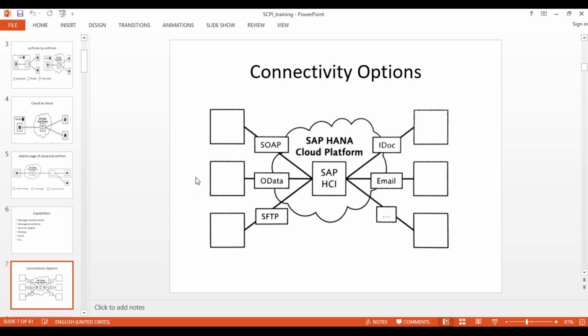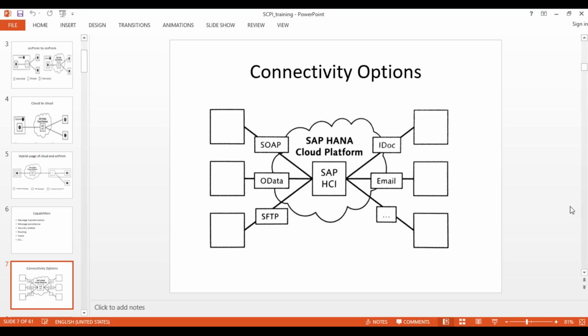And someone asked what type of system communication will be used. If you look at this slide, we have the sender and receiver systems. With both systems in place, we use the CPI tool in between. In order to connect to the systems, we select the communication method depending on the system.